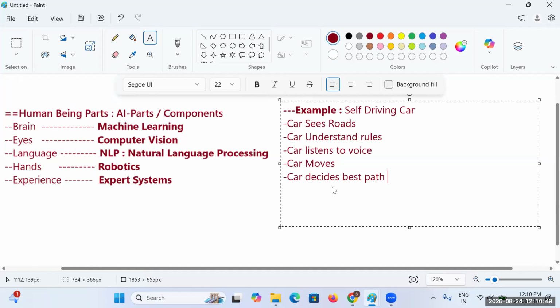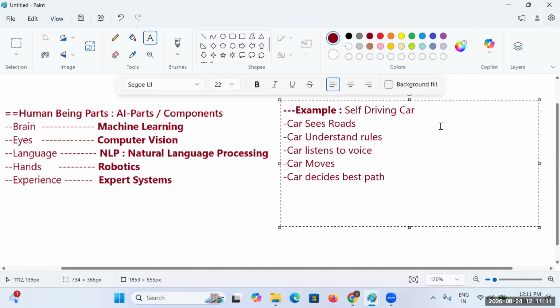So these are the steps we got: the car sees the road, the car understands the rules, the car listens to voice, the car has to move, and the car decides the best path. Okay, so if I go with this one.